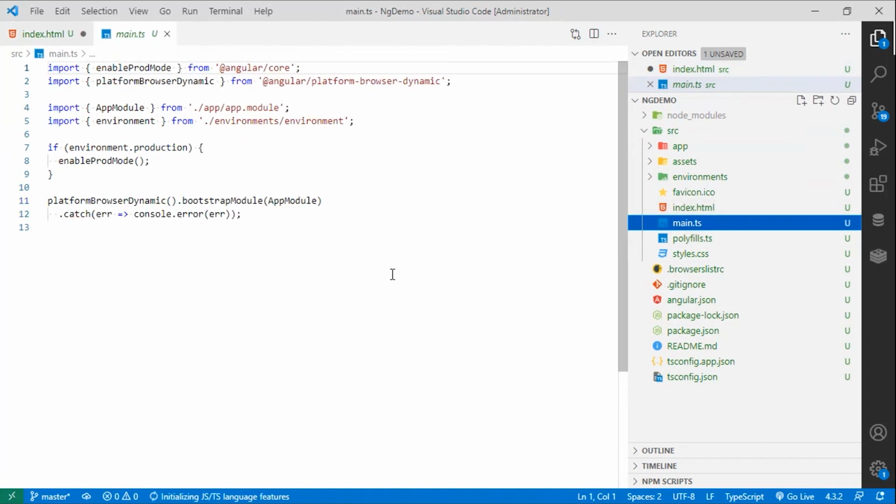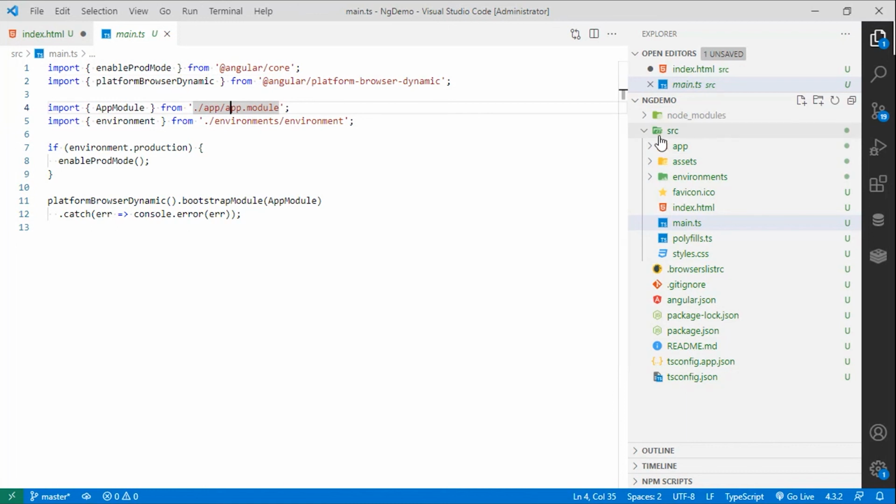In the main.ts file, the main TypeScript file, we have a bunch of import statements, right? Part of it is pointing to the node module folder, angular/core, right? And part of it is pointing to the app folder here under src. So all the code that we're going to write is going to sit inside src, and the packages that we use from the other framework, they're going to be part of this node module folder here. We already saw that there are two configurations. With production, it is going to enable prod. It is going to call this function enableProdMode, and then it has some mechanism of bootstrapping and calling the app module. So we are seeing app module like twice already